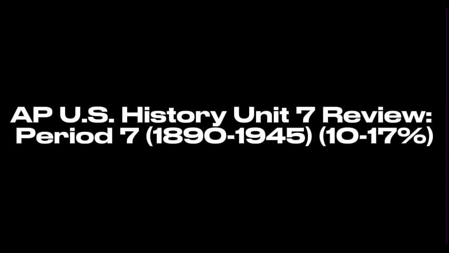And the big one, Lend-Lease. Lend-Lease in early 1941 was a game changer. FDR used the analogy of lending a neighbor a garden hose if their house is on fire. It allowed the U.S. to lend or lease arms and supplies to any country whose defense was deemed vital to U.S. security, primarily Britain, and later the Soviet Union after Hitler invaded them. The U.S. became the arsenal of democracy, effectively bankrolling the Allied war effort.